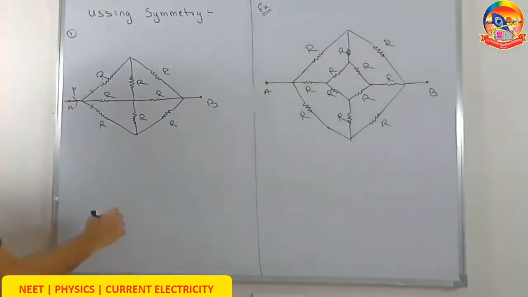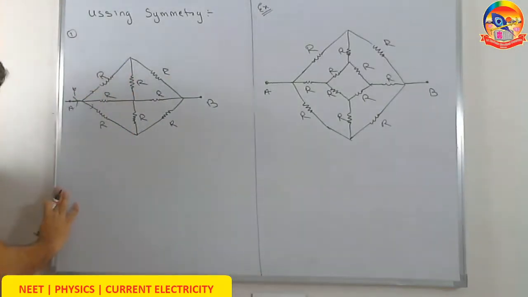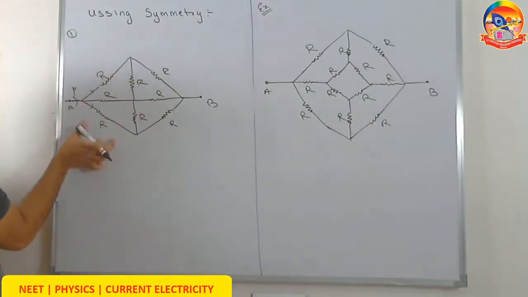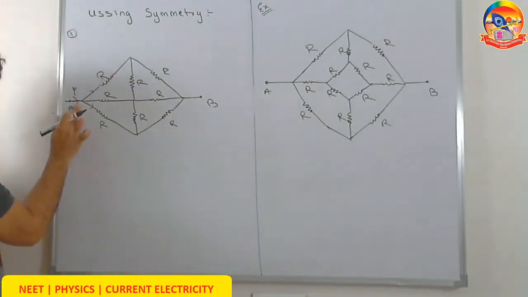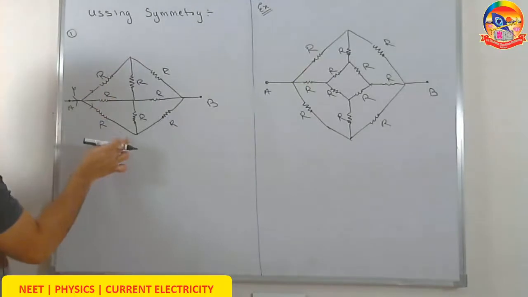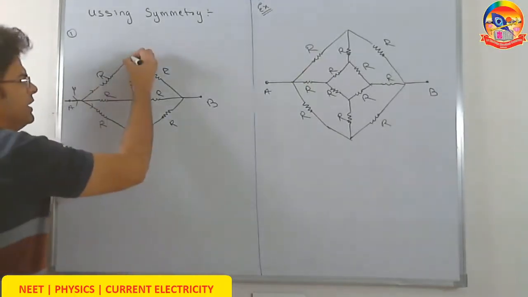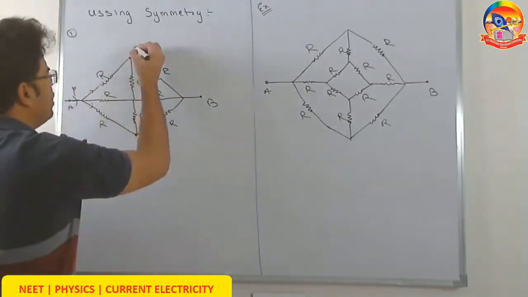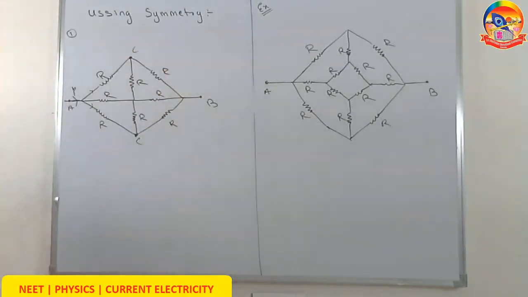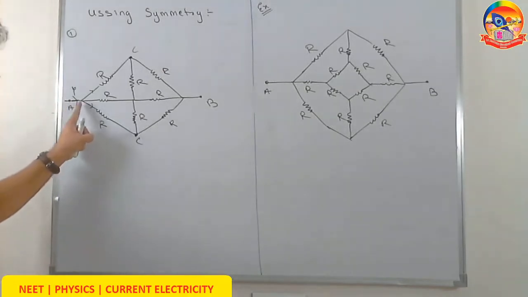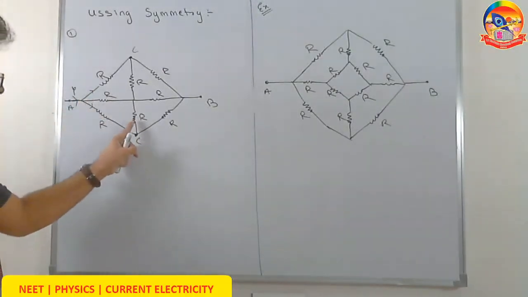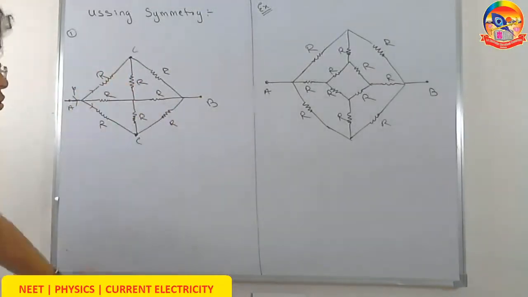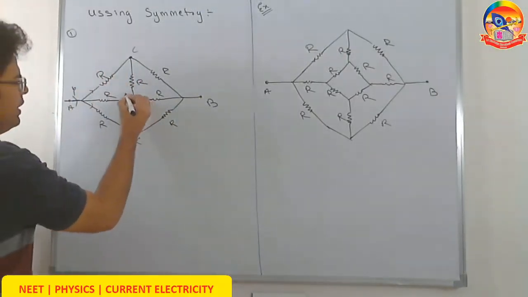So since I can say that in these two lines, current has to be the same, the potential difference across these two resistors has to be the same. The initial potential of this point is the same, and the potential difference here is the same as the potential difference here. This means that these 2 points will be at the same potential, the uppermost and lowermost point. Since they have the same potential, I can denote them as the same point, let's say C and C. Now, I know the potential of all points A, C, B, C. What I don't know is the potential of the points here, so let's call it D.